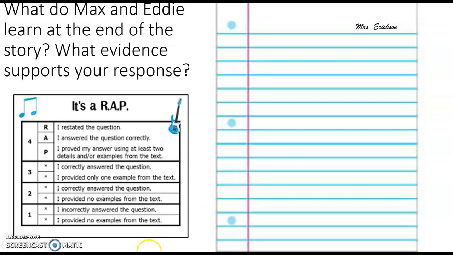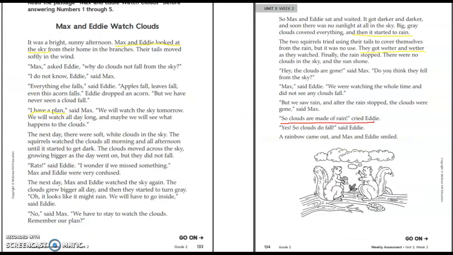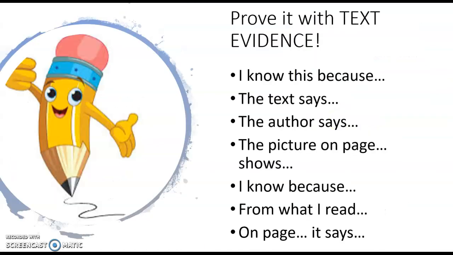So to get a 4 out of 4, you need to restate the question. And then you need to answer the question correctly. And then prove your answer using at least 2 details and or examples from the text. That's your text evidence. So going back to the text, what do Max and Eddie learn at the end of the story? I remember when we read the story the other day, they learned that clouds are made of rain. So let's go back,